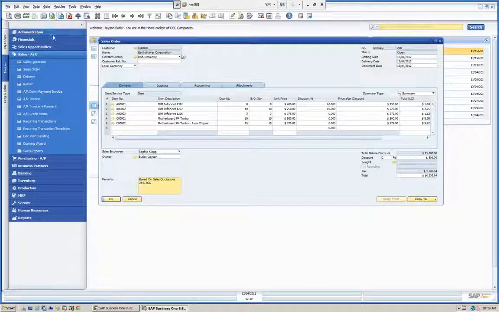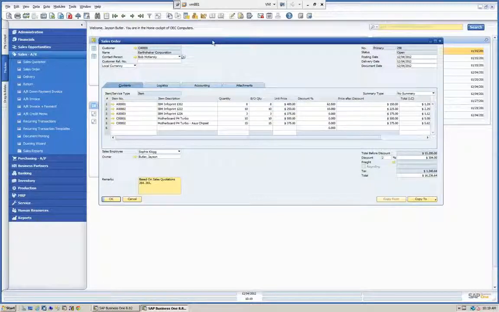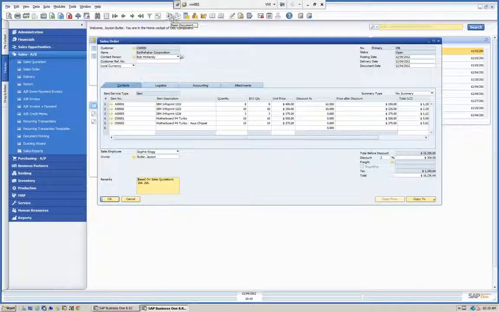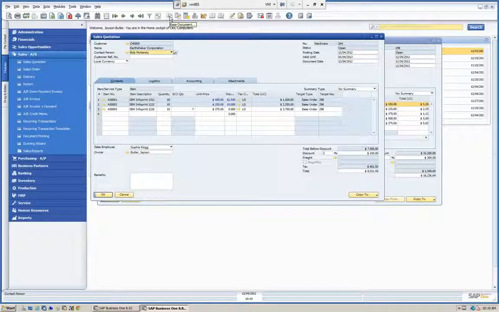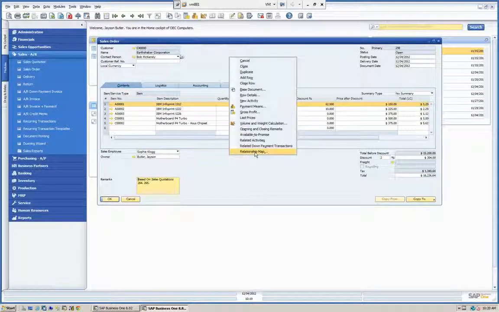Again, dealing with SAP 8.8 version, the relationship map we see here now includes everything. One of the problems in the older versions of SAP is that with this base and target document, you would lose the purchase order link to it. You can see here we have a sales order, and if we click here, in the standard SAP, we have our base document. And if we click here, we're back to our target document, but we've lost the link to the purchase order. Now with the relationship map,